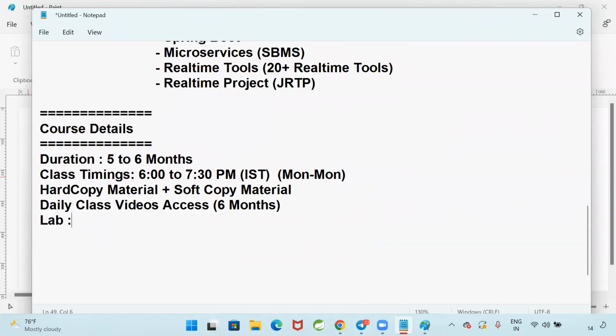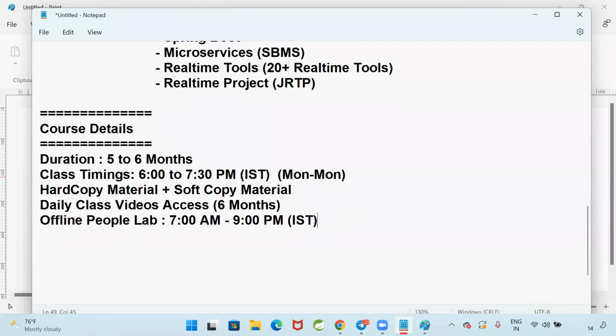Right. Lab will be open from 7 a.m.; you can come by 9 o'clock, sir. It is open from 7 o'clock. Okay, 7 a.m. to 9 p.m. IST. Lab will be available on the same floor. Online people cannot come to the lab. They need to practice at their home only and submit the task. For online people, a daily doubts discussion session will be there. A 1.5 hour session we will conduct only for doubts. Regular 6 to 7:30 class will be available. So this is the offline people lab.